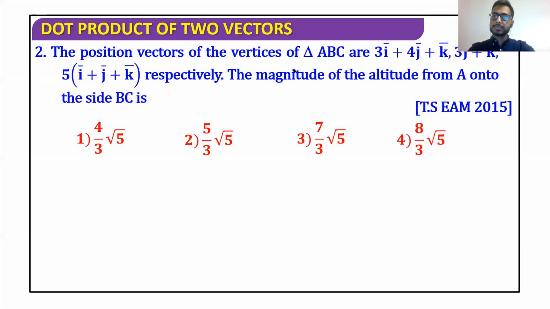What I can do is, I can first calculate the value of AB. I have my position vector of A, which is 3i plus 4j plus k. I have my position vector of B, which is 3j plus k. Using these two, A bar and B bar, I can easily get the value of AB bar. I am also going to need the value of BD bar. How can we get the value of BD bar in this particular case? BD bar is nothing but the projection of A bar onto B bar, and the value of projection is obtained by using a dot product.